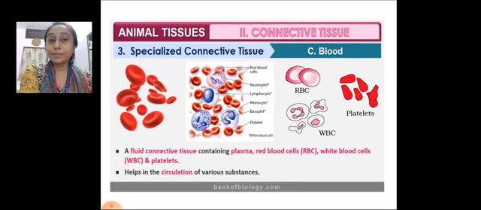Whereas RBC is important because it is needed to transport oxygen from the alveoli to the cells with the help of the pigment present, hemoglobin. We all know about it. WBCs are of different kinds. We will study it in detail in the coming chapters. WBCs are important because they provide immunity by engulfing the foreign bodies which enter the human body. Whereas platelets help in clotting or coagulation of blood whenever there is an injury or cut in the body.